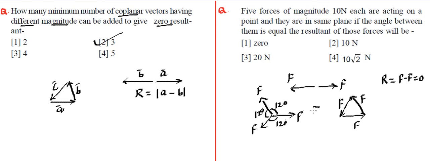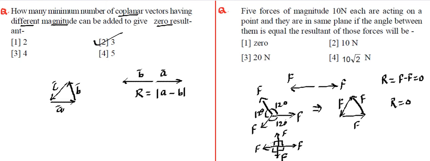So this can be transformed into this, and we know when the vectors are arranged in a cyclic order making a closed loop, then the resultant comes out to be 0. Now similarly, if we have 4 vectors and they have the same angle between two consecutive vectors, and the same magnitude, they will be arranged like this. So this is F, this is F, this is F, and the angle is going to be 360 divided by 4 because they are divided in equal angles, so they are going to be 90, 90,